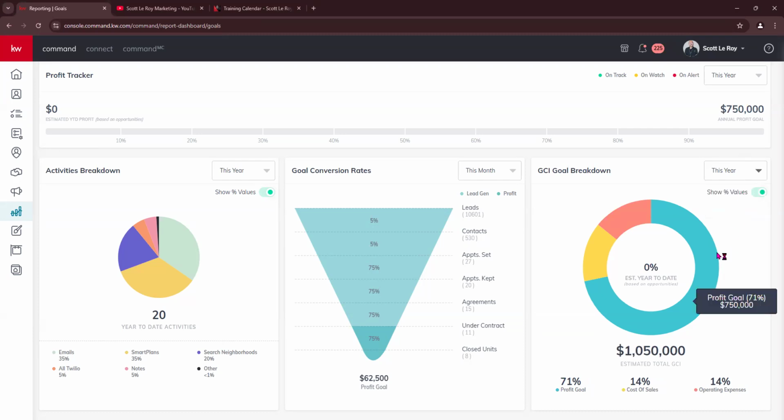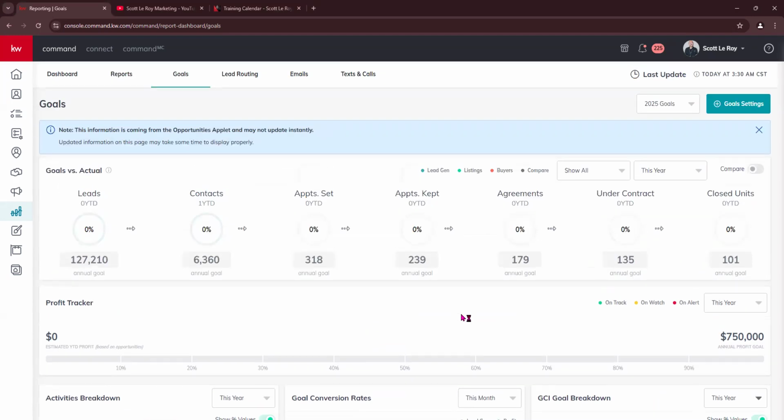So this allows you to get very clear on your goals and what you're trying to accomplish to make sure, again, you're staying on track for that for each year. Now, as we get closer to next year, you'll have another one that will say 2026. You can usually set those a couple of months before, but for today, we are focusing solely on the 2025